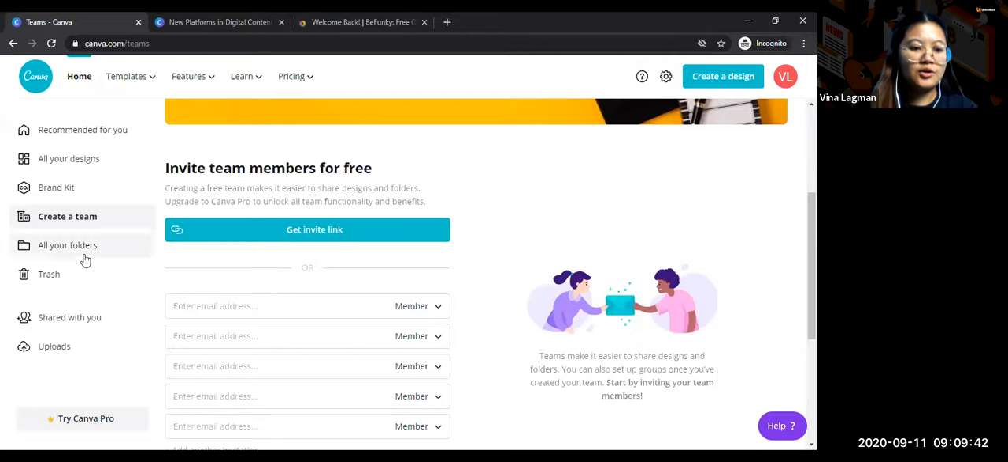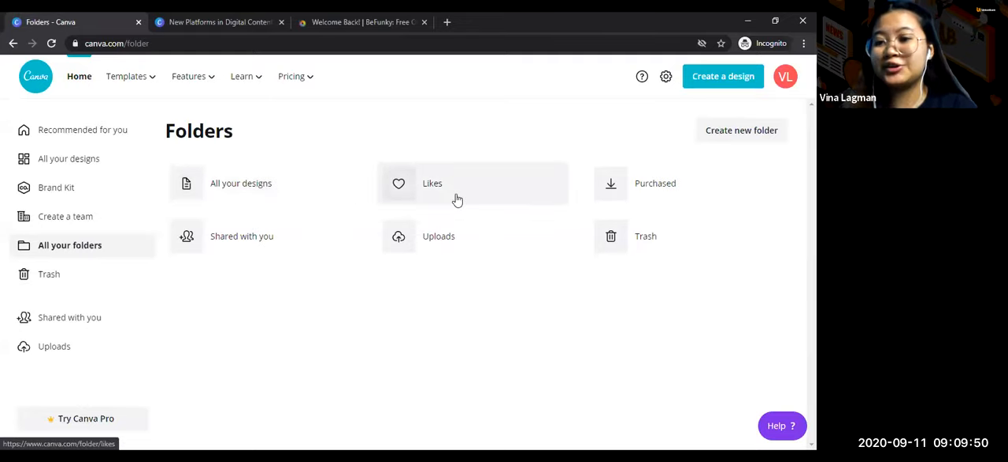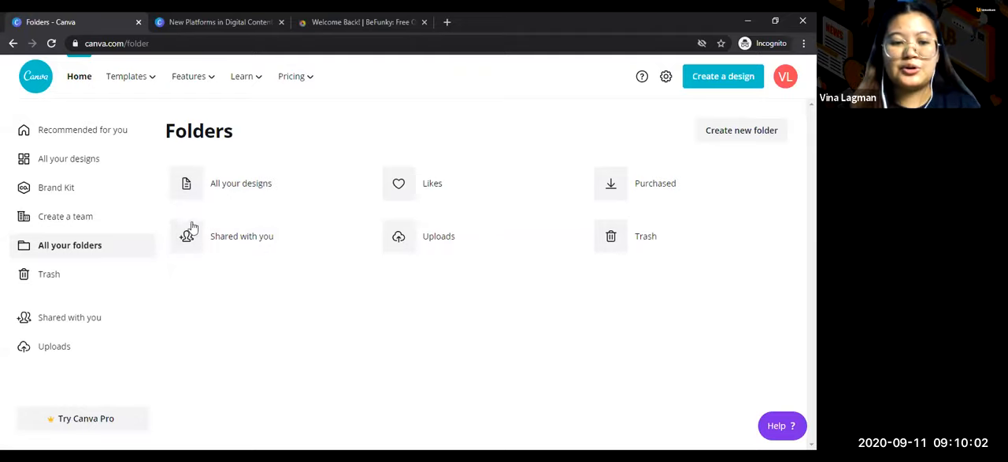There. And then all your folders, and dito natin makikita lahat ng mga sinave natin. So, yung designs mo from yung sa like, later Bea will discuss kung ano yung sa likes. And then purchase, if you purchase something, shared with you, ayan, dito yung na-mention ko na let's say, kunwari, mag-share yung teammate mo, so dito natin siya makikita. Upload is yung mga photos, videos na na-upload natin. And then for the trash,